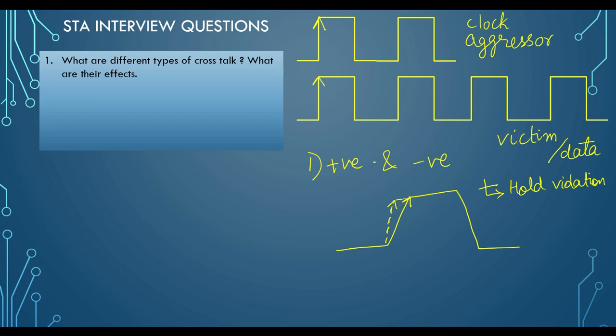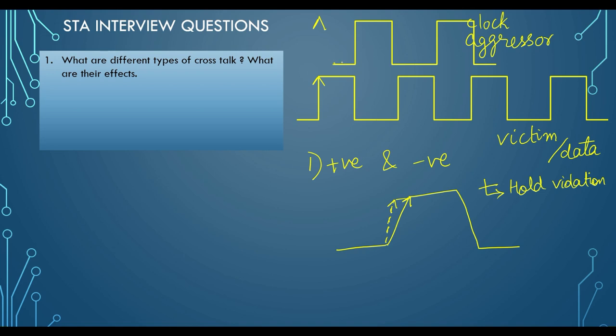If there is a negative crosstalk, it is just the other way round. By other way around means the clock is shifted by 180-degree phase shift. So 180-degree phase shift means it is now rising. So if your clock is rising, the data is falling. There is a total negative phase shift is there. You are expecting the data to switch like this, but there is a bad transition. So the data will not switch like this. It will switch like this. You can see that because of this there is a transition change.